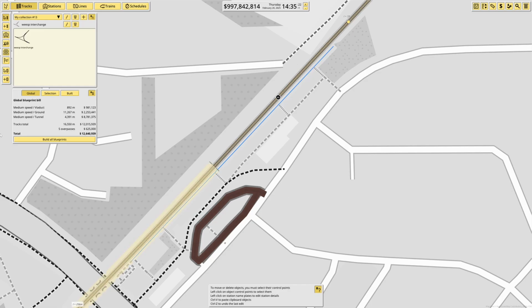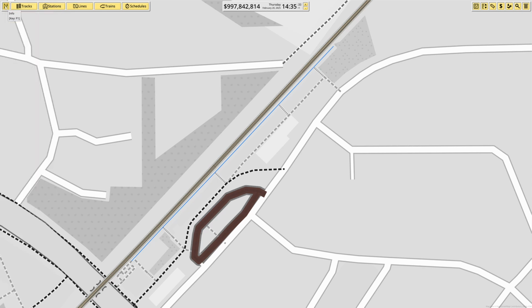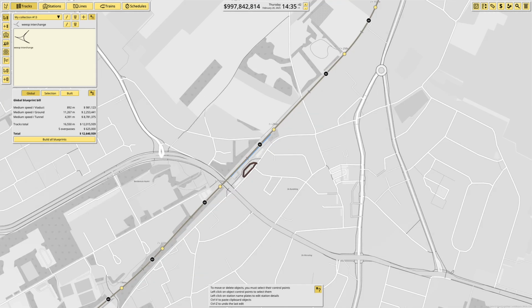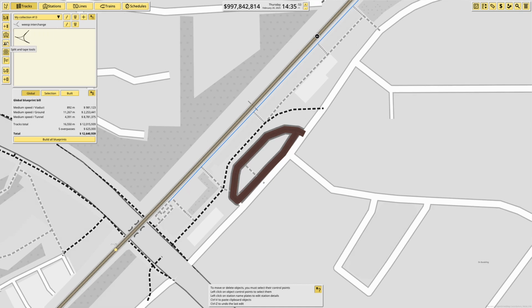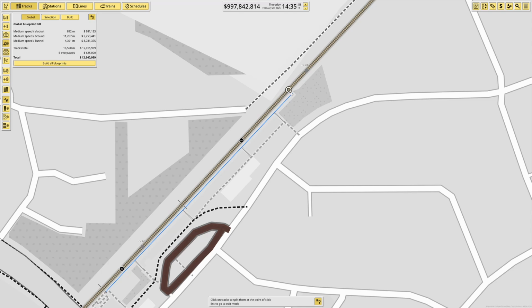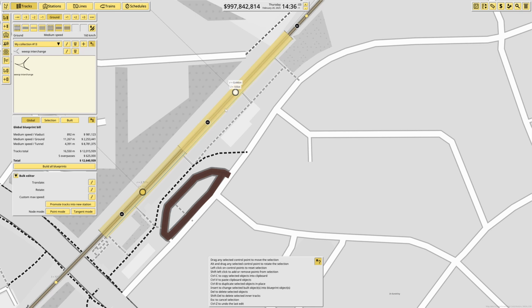So now let's get into stations. From this version there's a new tab for it. There's no stations right now, so let's make this station. It's the station of Soest Zuid. Yeah, the platform ends here and starts here, so I don't want these sections. So first of all I have to split the track here and there, and then I want these two, and let's promote it into a new station,